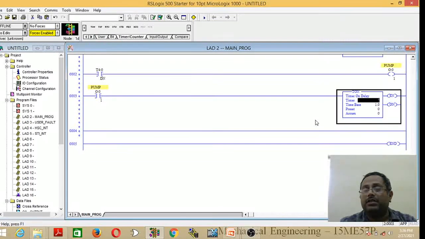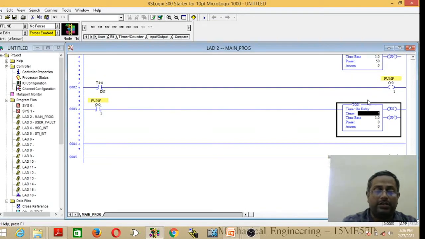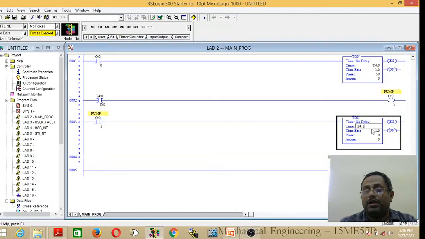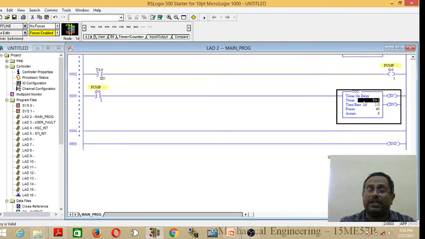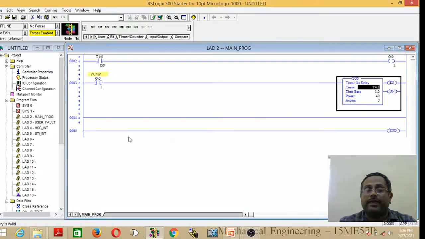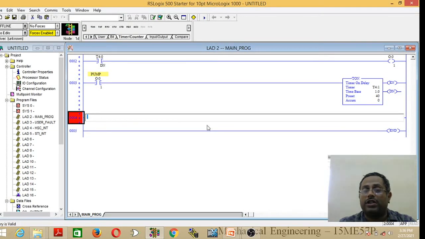Add a timer here and give the address T4:1, and the preset value is 40, which means for these 40 seconds both motor and pump have to run simultaneously. Once this 40 seconds completes, first the motor has to be off, then the pump has to be off after a delay of 10 seconds.